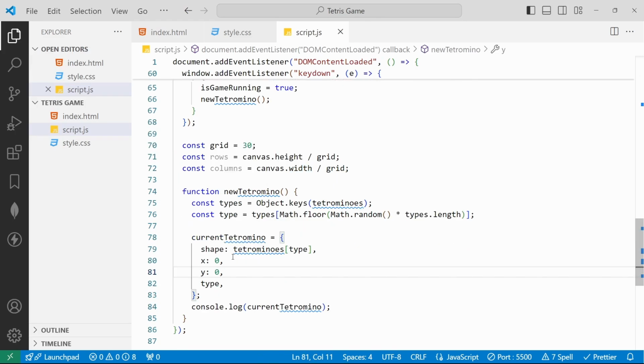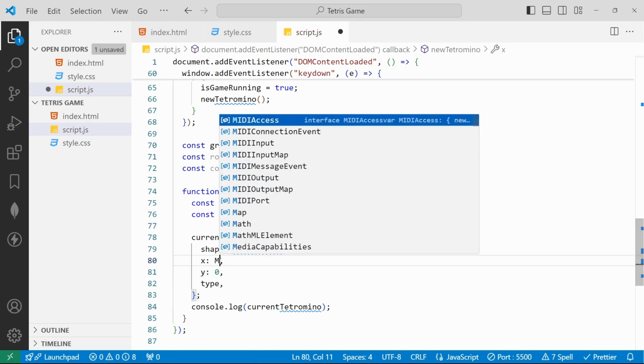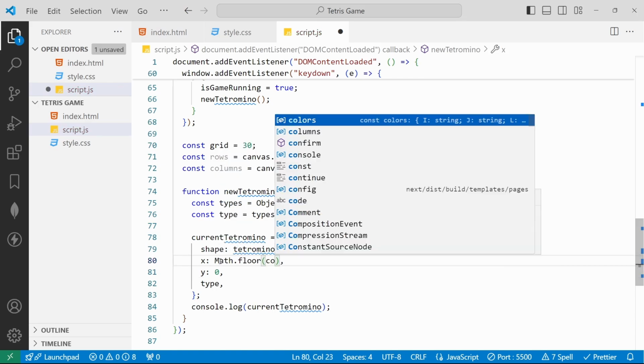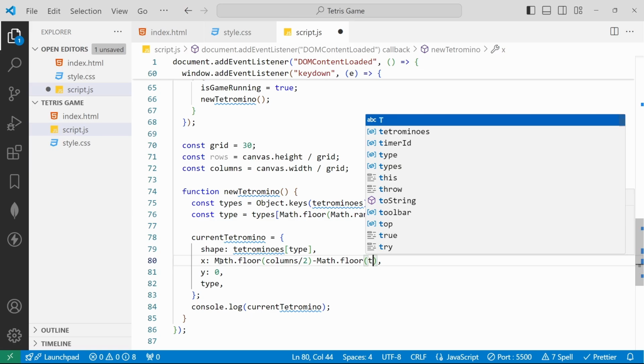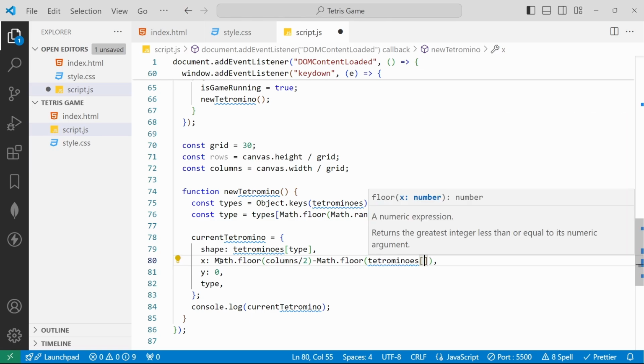The y should be 0. The x position we need to set on the top with the help of Math.floor of columns divided by 2 minus again Math.floor. We need to find the Tetrominoes of the type, of the first value should be 0.length divided